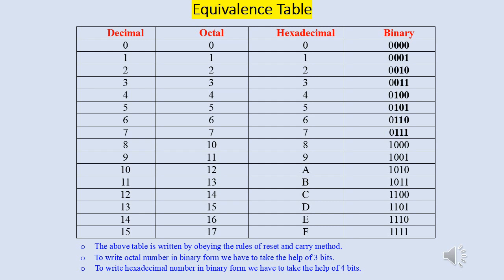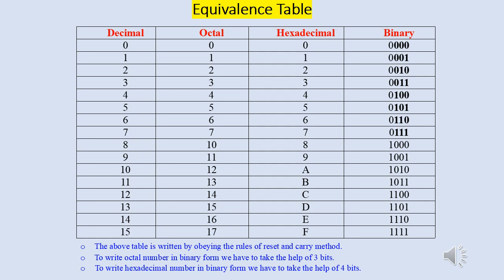Similarly, in the case of octal, we have the notations from 0 to 7, so we take the numbers from 0 to 7, then make it 0 again and increase its next higher bit by 1. Accordingly, in the hexadecimal number system, as we have 16 notations, they are written one after another, from 0 to 9, then capital A to capital F. And in the binary number system, if we take a single bit, we can write only the numbers 0 and 1. So, obeying the principle of the odometer, we take combinations of bits.